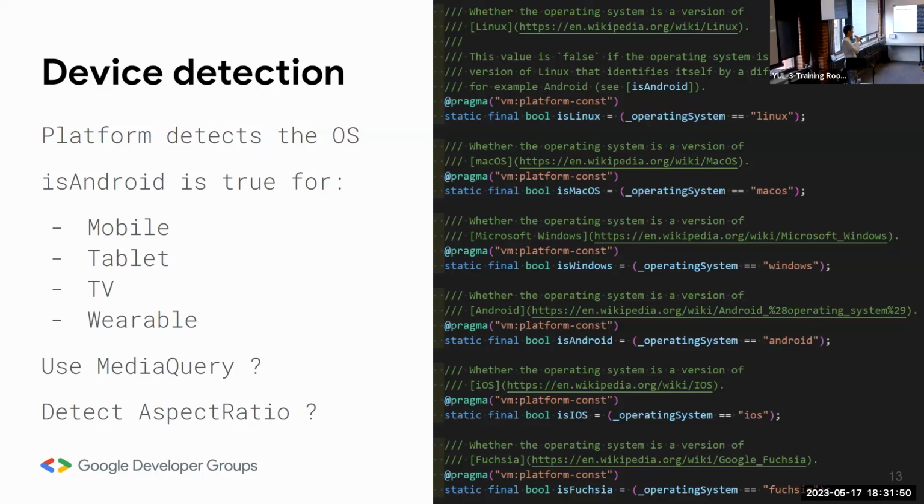So you have to find a way to detect if it's a wearable, a TV, or a phone. So I was like, okay, when you use a mobile and you try to do a tablet or web, you just go to the media query and try to check the width. Is it small, is it big, is it medium and stuff. But I was like, maybe if you check the aspect ratio and you say it's strictly 16:9, it can be a TV, it works.